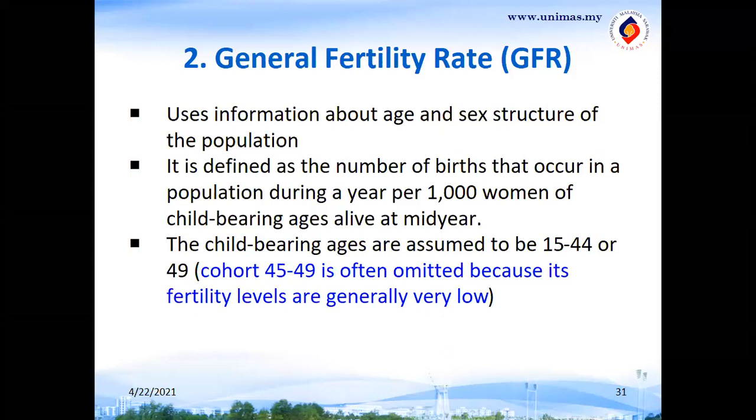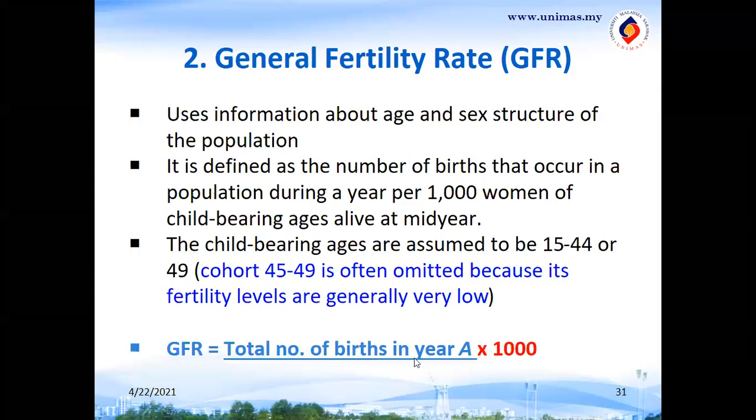That's why sometimes it's better to just omit, eh? Because the numbers are so insignificant. All right, so 15 to 44 years old, 1,000 women between the age of 15 to 44,